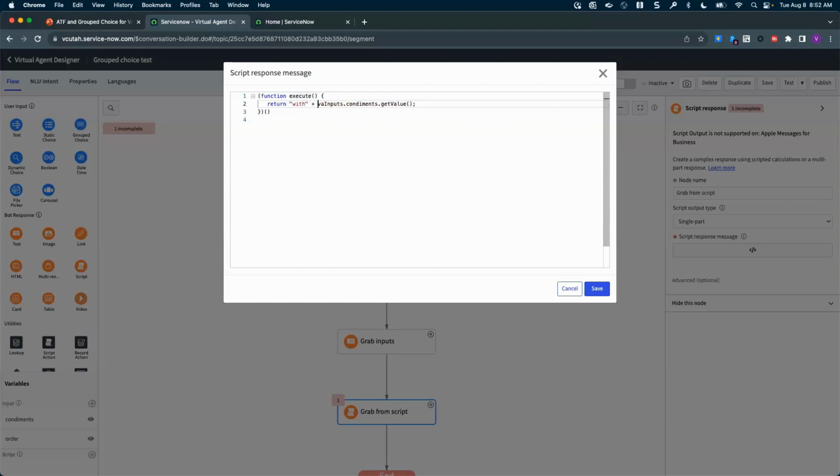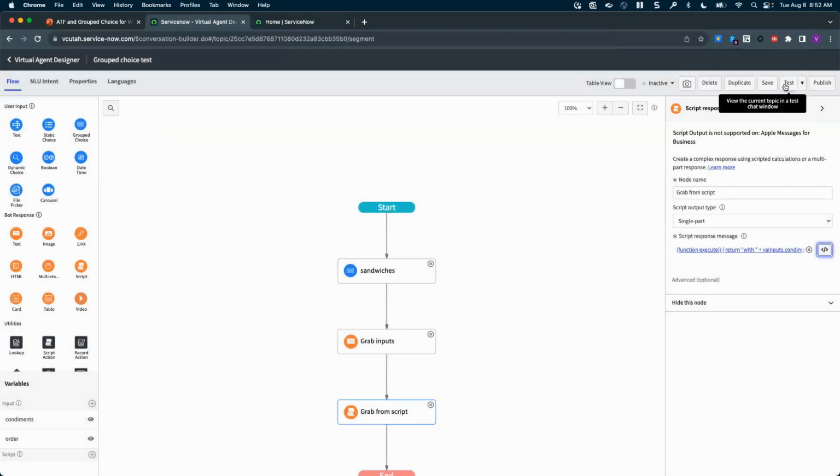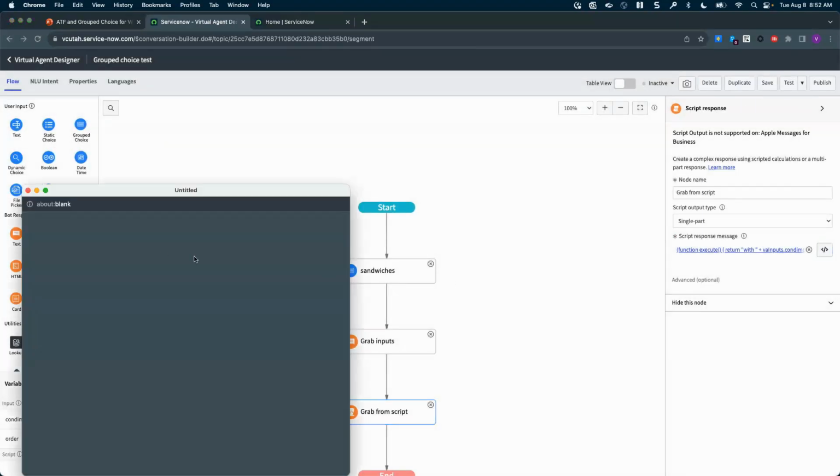Or I can say with, so I don't know if this syntax is right, but we'll find out soon enough. Oh, maybe I should put a space here. Yeah. So now if I test it again,